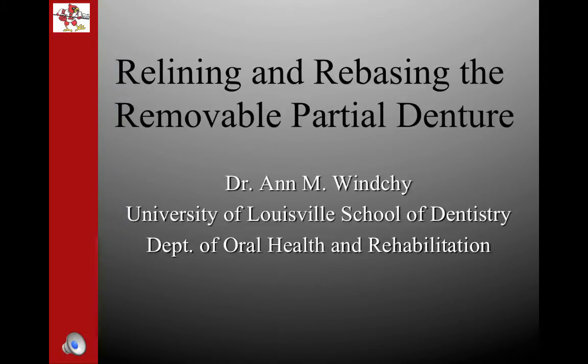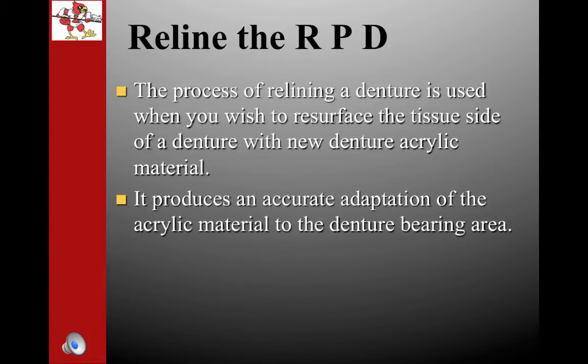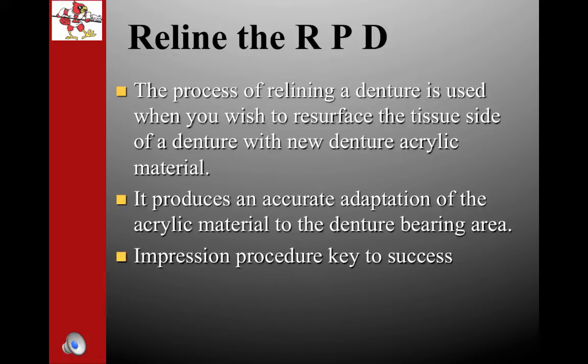Today's lecture will be on relining and rebasing the removable partial denture. The process of relining a removable partial denture is used when you wish to resurface the tissue side of the denture with new acrylic resin material. The goal here is to produce an accurate adaptation of the acrylic material to the denture-bearing area to relieve stresses on our abutment teeth. The impression is a procedure that is key to the success of the reline, and we